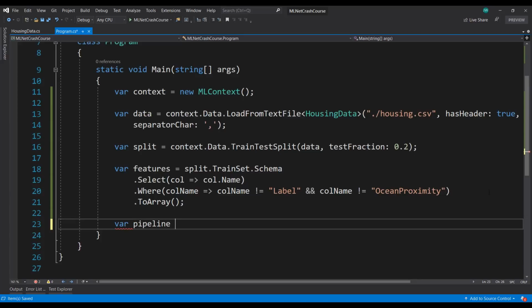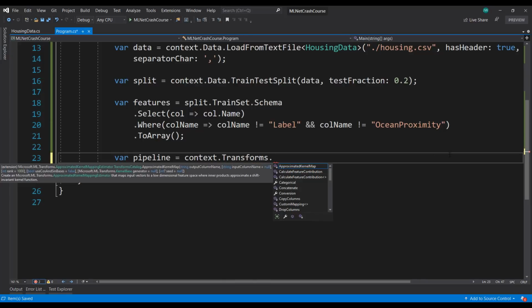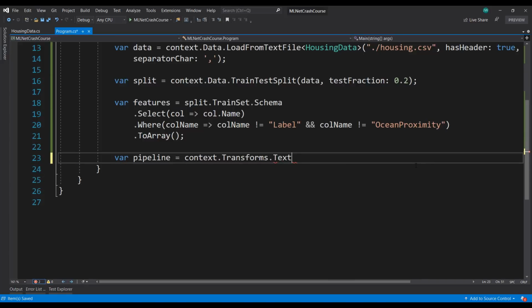Next, let's create our pipeline. And this is going to be everything that we need to do to create our model, including our pre-processing steps and our choosing of our machine learning algorithm. First, we do some pre-processing. We use that context, and we have some transforms that we can use. And remember that ocean proximity is a text column or a string column. So I'm going to use the